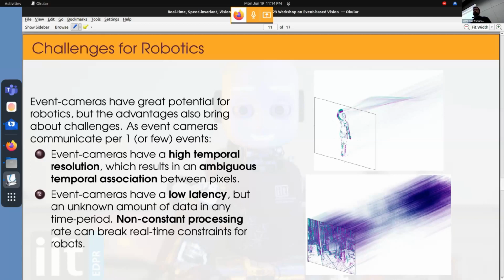These are great for robotics because we can do low latency. We can do good tracking because we've got the full track of the object moving. We don't have these frames that are taken at different points in time. But they also bring challenges for robotics. So if you have a high temporal resolution,